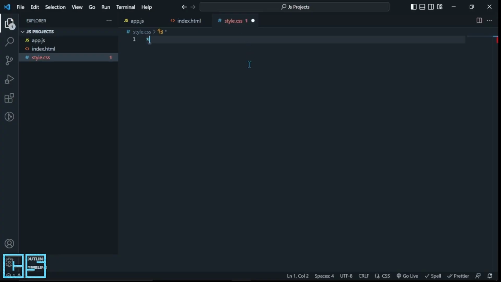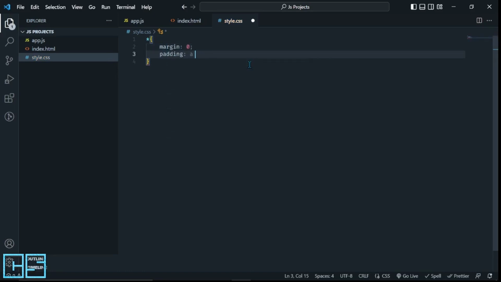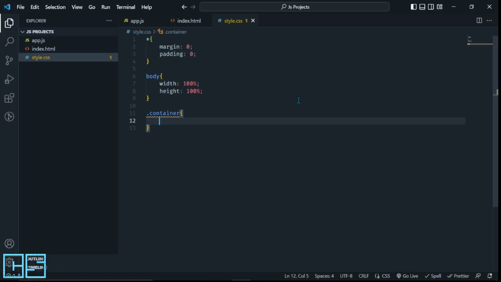We're going to first select all elements with the star. So every element will have a margin of 0 and a padding of 0. Then let's select the body. The body is going to have a width of 100%, a height of 100%, and yeah, that's all the body has. Now let's start styling the container. Okay, so the container is going to have a position of absolute. The top is going to be 50%, left 50%, so it's going to be in the middle of our screen. So now if I save that and I open it up,